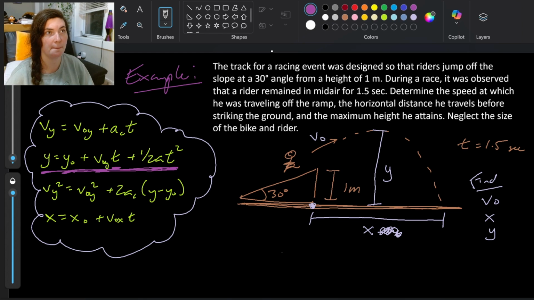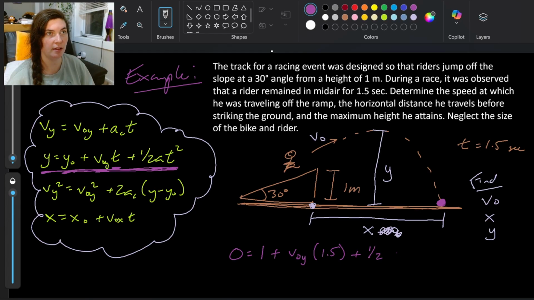So if I start plugging numbers into this second equation that we have underlined up there, my y value at the very end, not the height, is what I'm looking at because I want to capture the total time. It is 0, right? It's the ground. My initial height, the height when I'm leaving the ramp and start entering the projectile phase, is 1 meter. Plus v naught y, which we don't know, this is something that we're solving for, times t, 1.5,